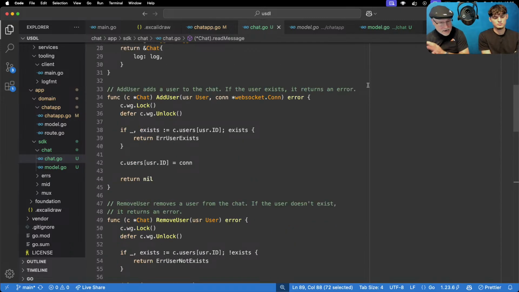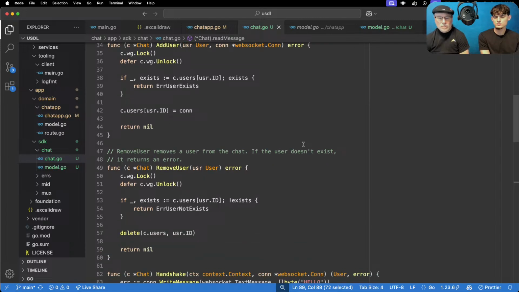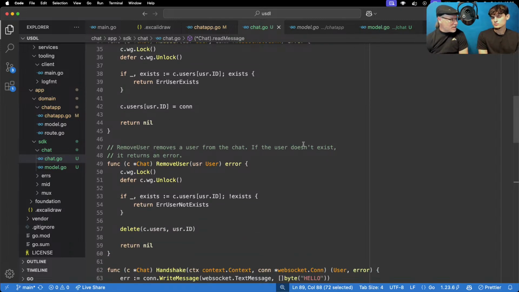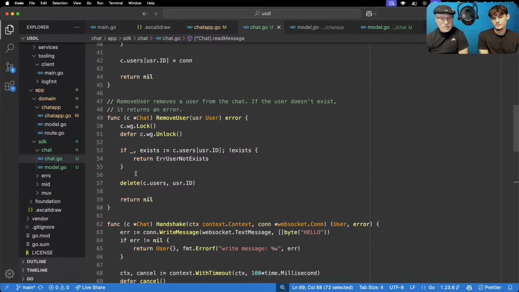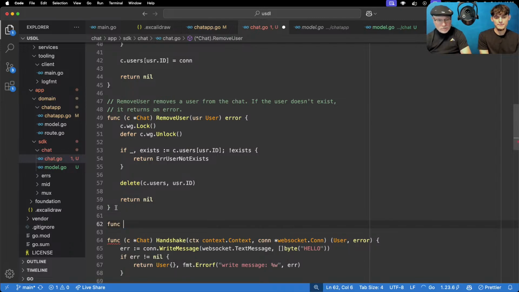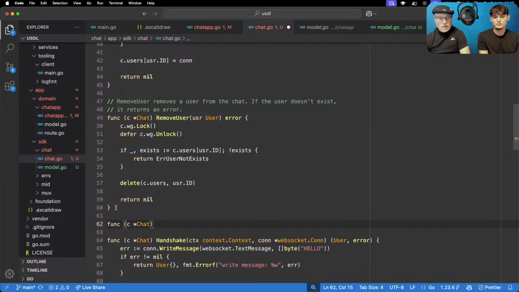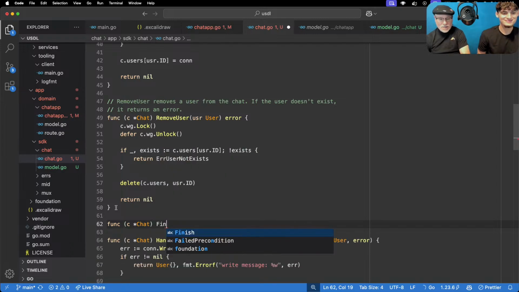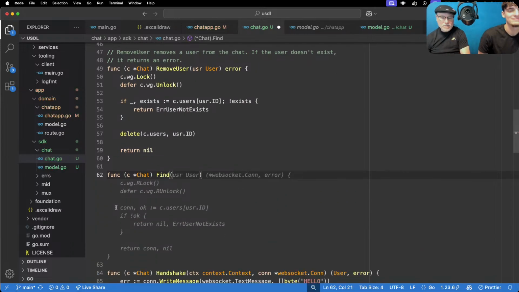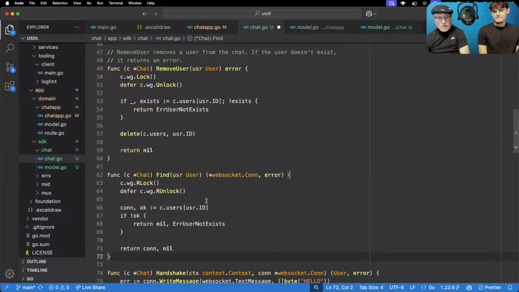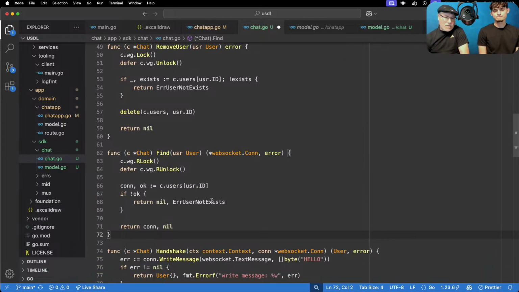So we've got an add. We've got to remove. The most important thing is going to be the find, right? Now, it called it get. I hate any API that says setting get unless we're dealing with like context. So what do we call it? Find. Now, the question here is, given a user,